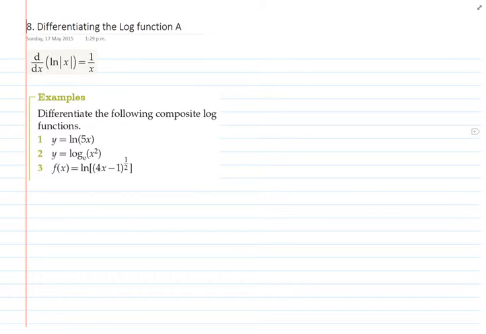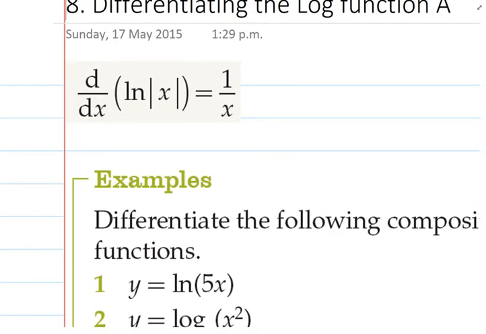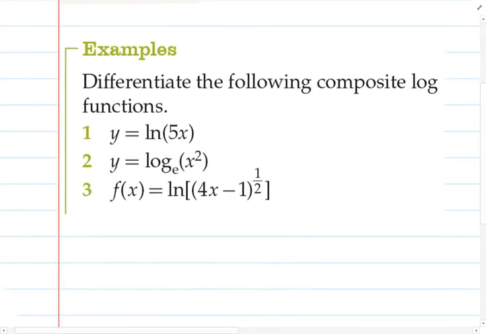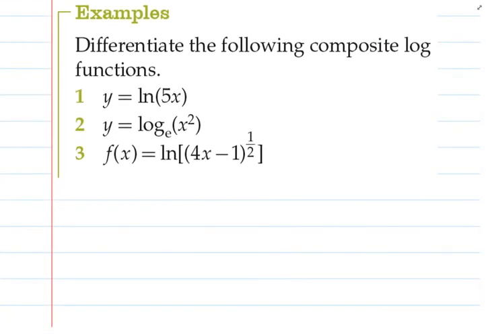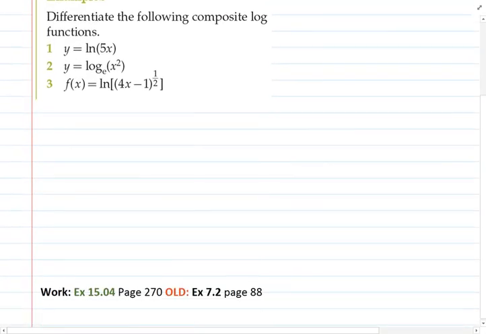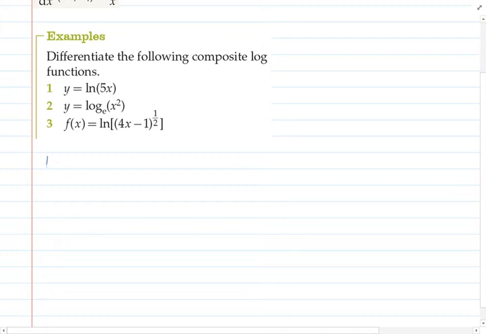But for now, I would like to just stick with this definition, which is the derivative of natural log of x is simply 1 over x. And so I'm going to go through some examples which should illustrate pretty quickly, and then I'll get you to practice some for yourself. Okay, so for the first one, our function that we're given is natural log of 5x,